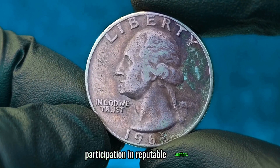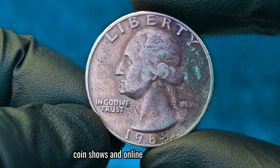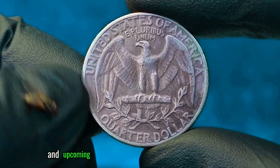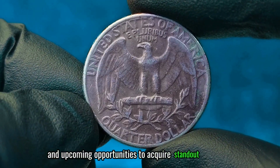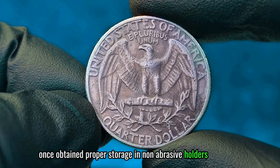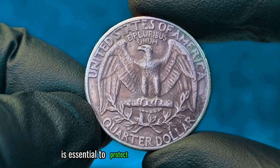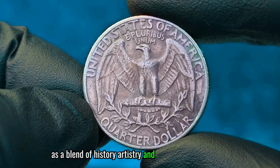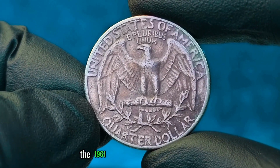Participation in reputable auctions, coin shows, and online hobby communities can offer additional insights into market trends and upcoming opportunities to acquire standout examples. Once obtained, proper storage in non-abrasive holders or albums is essential to protect the coin's delicate surfaces. As a blend of history, artistry, and steadily growing rarity, the 1961 P